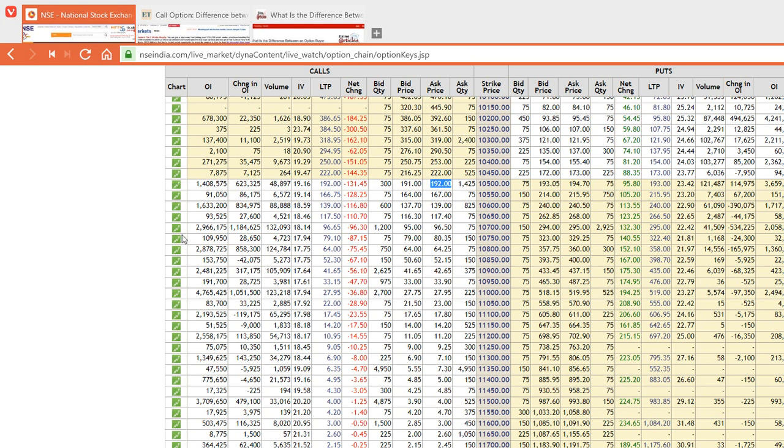So you would know here the change in open interest, whether it is increasing or decreasing. If it is increasing, that means people are ready to sell. If people are selling more here, there is a very good chance they are not here to lose their money. That means people are not bullish here. So this is the call side and the put side. If you have not watched my videos on the option chain, please do watch them. I will try to make more videos in future. So this is a basic overview of the difference between an option buyer and a seller.